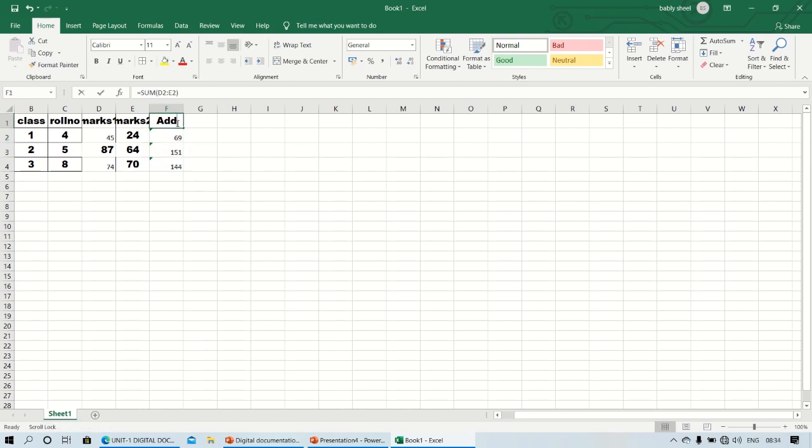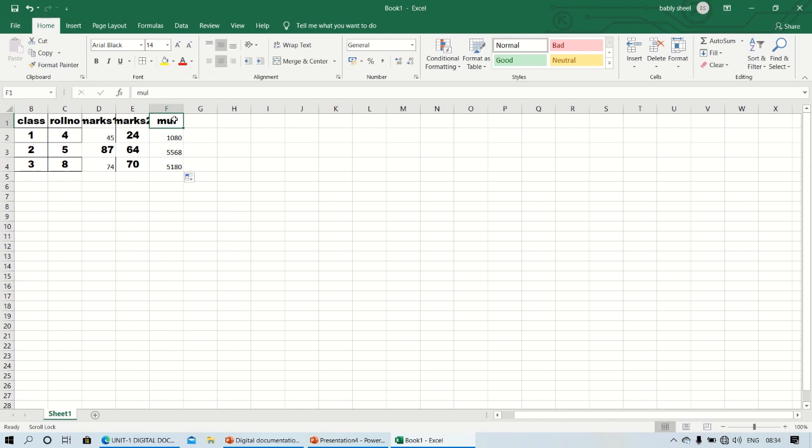Next, if you want to do multiplication, what will be the formula? Equal to, bracket start, just click here, then into, and then just click here and enter. So by this you could be able to apply the multiplication.